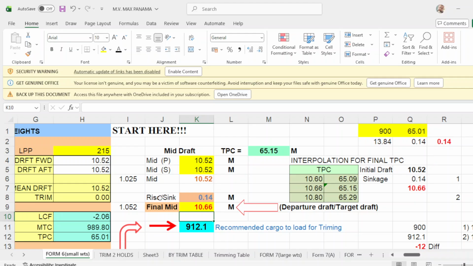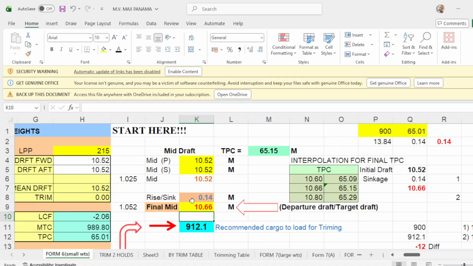Because actually 10.66 minus 10.52, that will be 14 centimeters or 0.14 meters. Another explanation is you need 14 centimeters from 10.52 to reach 10.66. So the vessel has to sink 14 centimeters to reach 10.66.